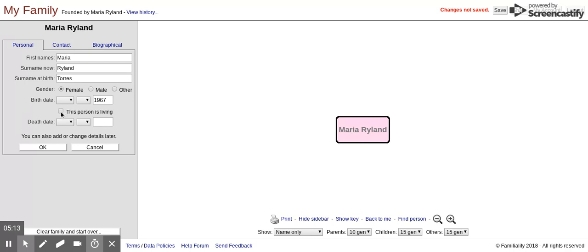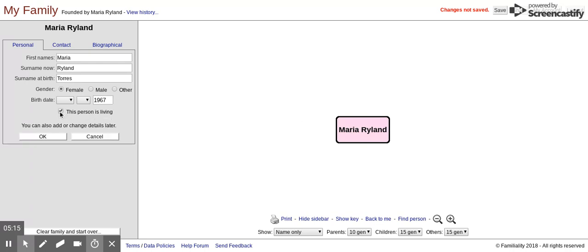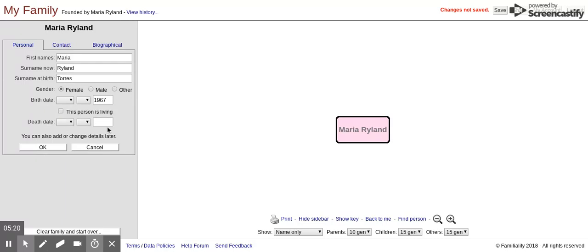So let's show you that again. This is when she is living, it's nice and dark. And this is when she's deceased, it becomes gray. Now, if you put in the death date, let's say it was 2000,